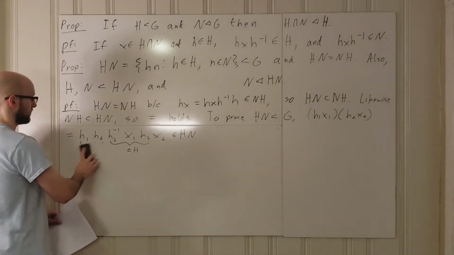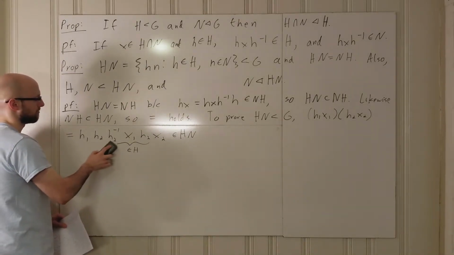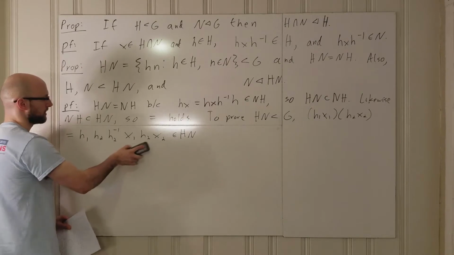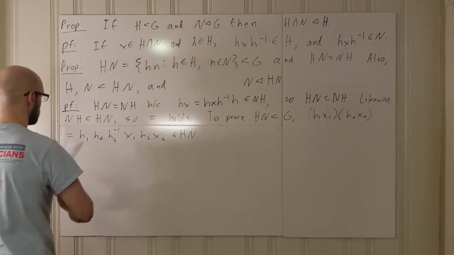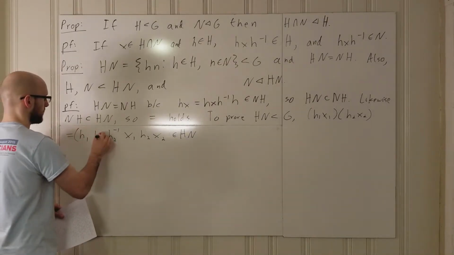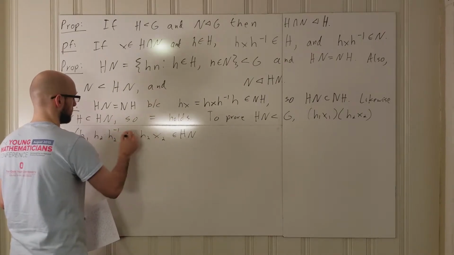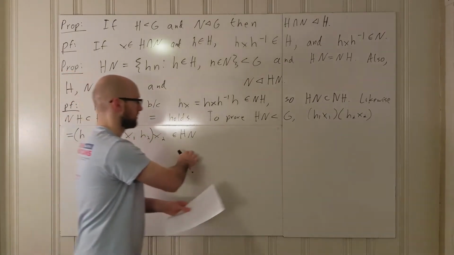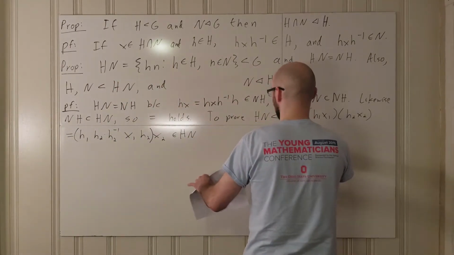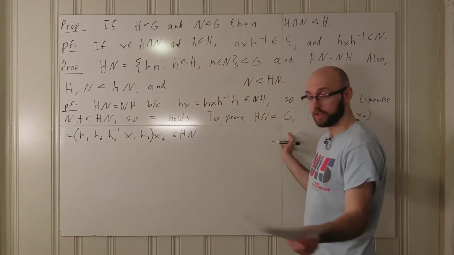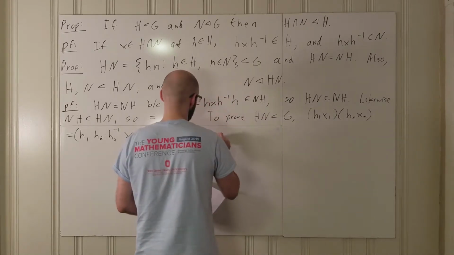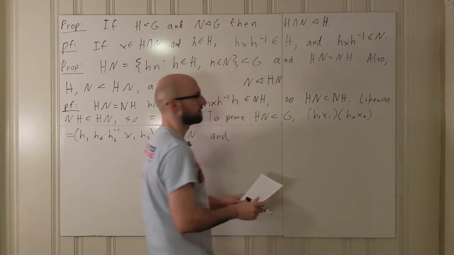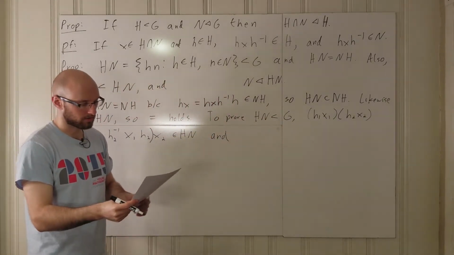I'm going to erase this to give myself more room, but that's the point. The point is that when you break this up like this, you'll get this times this, which is something in H, and then this, which is something in N. Okay, so that proves closure under multiplication, and for closure under inverses,